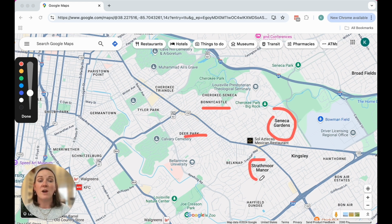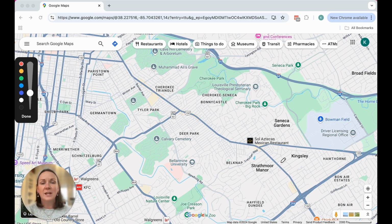And then we've got Strathmore Manor. Over on this side of Bardstown Road is Strathmore Village. Kingsley, Hawthorne, Hayfield, Dundee. There's all of these little intricate areas and neighborhoods that make up this broader Highlands area of Louisville. But when you think about the Highlands, think about Bardstown Road. Bardstown Road is our restaurant row where we have all of our restaurants and bars and so many great places